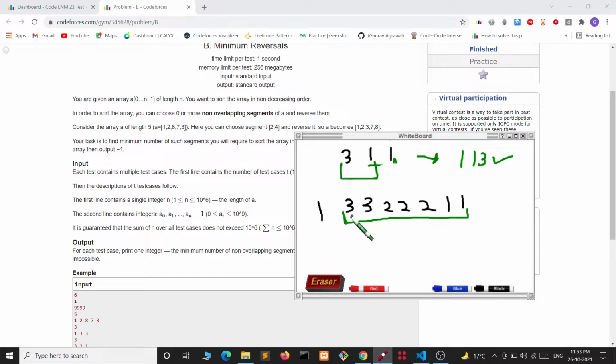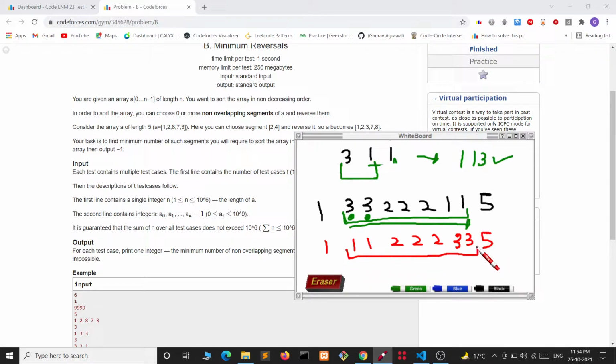We see that if any two consecutive elements are the same or smaller, then we should continue that segment and see till when it becomes increasing. We can take 5 here, or we can just end it. Like there is increasing order, so we will break from here and reverse this so that we can get 1 1 1 2 2 2 3 3 5.